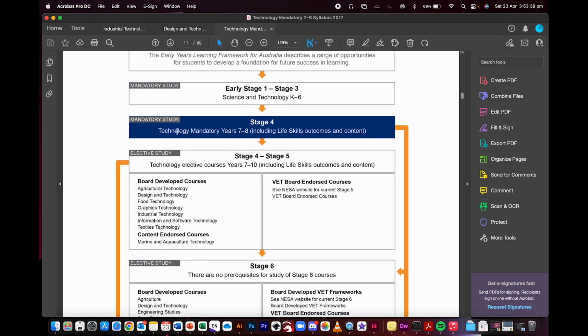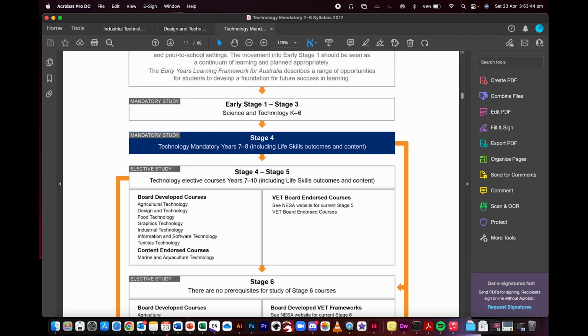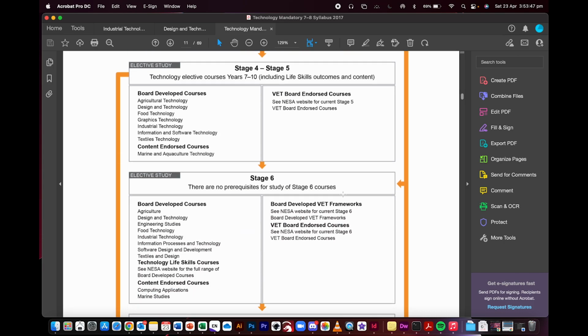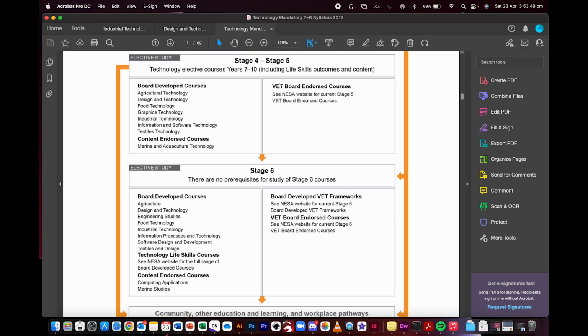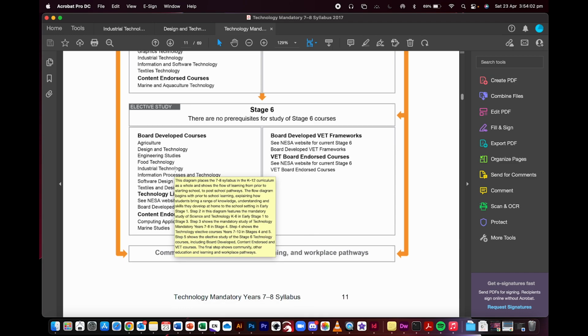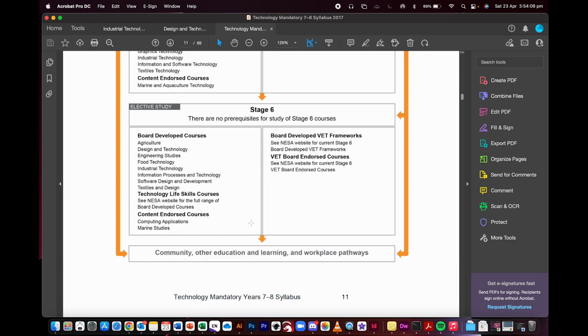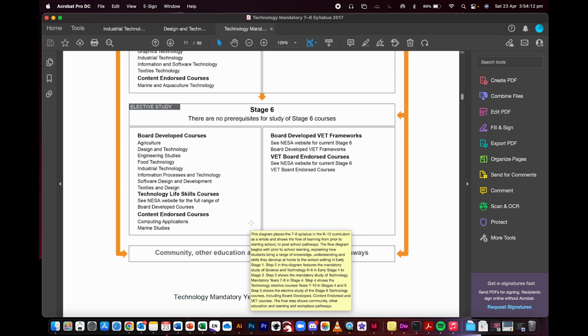It says technology mandatory 7 and 8, stage 4, and this is a flow kind of diagram. It flows into these stage 5 and stage 6, and these are the subjects it flows into. So as you can see down in stage 6, it says design and technology and industrial technology. So those are the areas which it all flows into. They're all interrelated. Technology mandatory is kind of the broad thing that everyone has to do, hence the mandatory aspect of it. And then from there, they get more choice later on, and then they can be more specific about